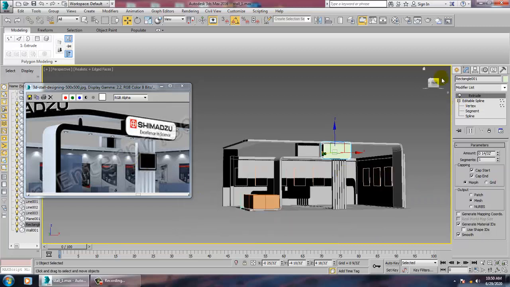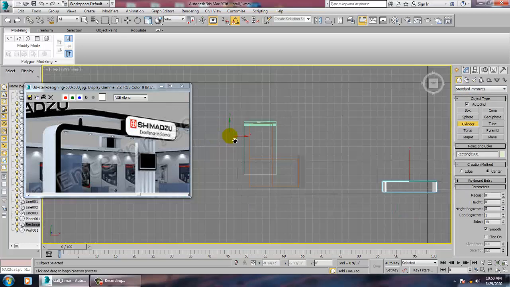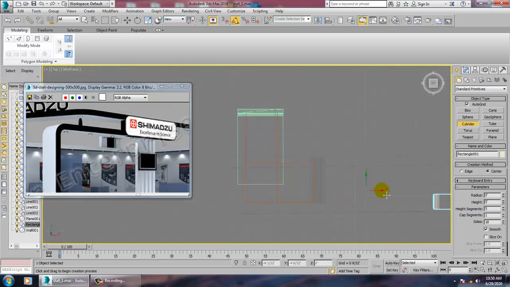So let's take again a cylinder over here. Go into this. Let's take a cylinder and let's put this.